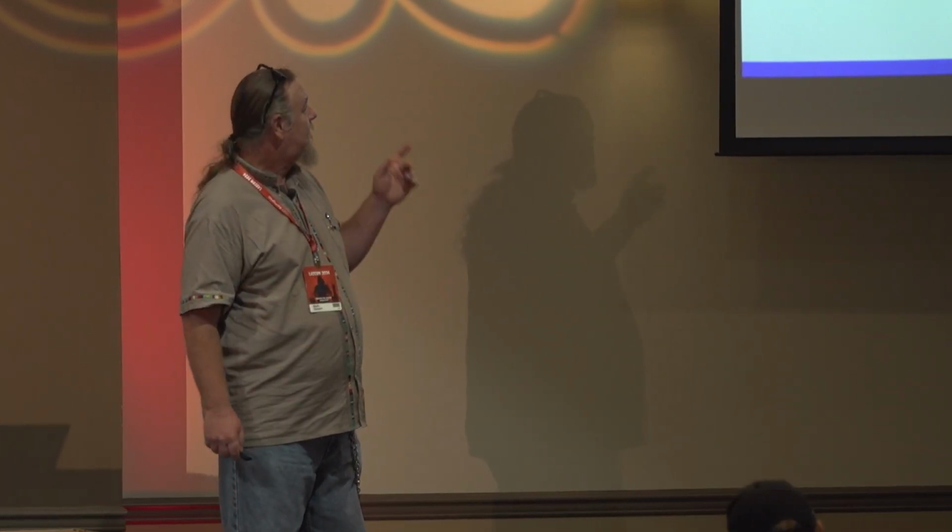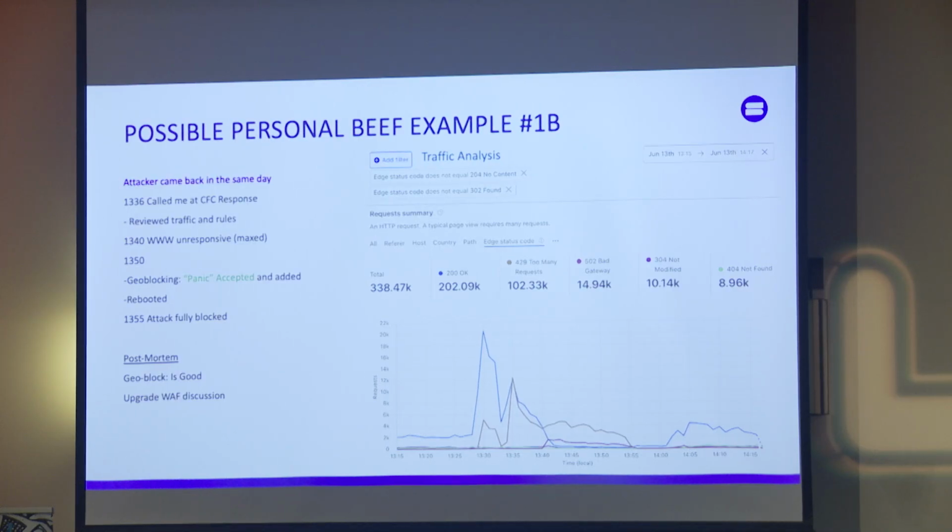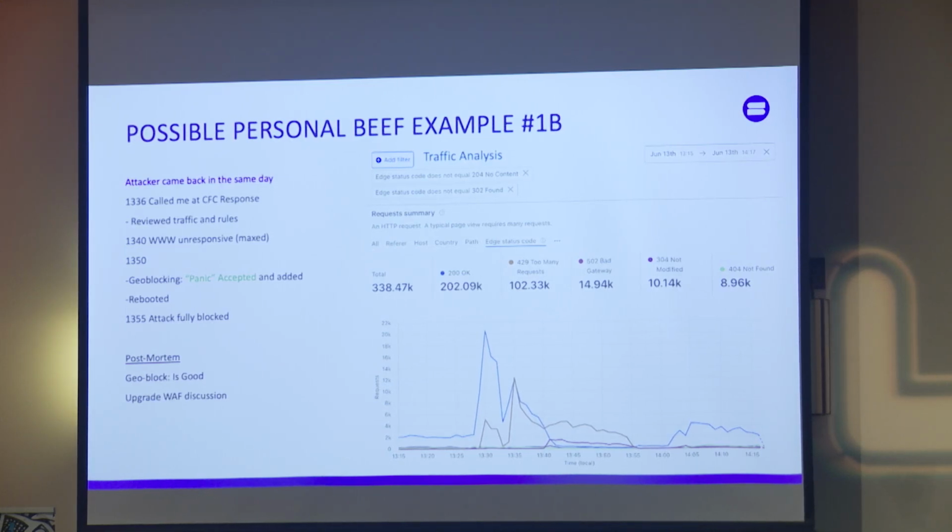So the same threat actor came back actually later the same day. Very persistent guy. And they hit them again, and you could see that they had a bunch of OKs, and then the web server became unresponsive. So about right here, you can see they did a reboot at 1:55, and they had called me in this case at 1:30. So we had talked about how to look at it. We reviewed some of the traffic. He did a reboot, I added some rules, and all of a sudden the web server was fine.